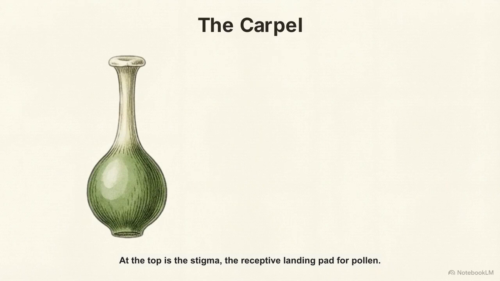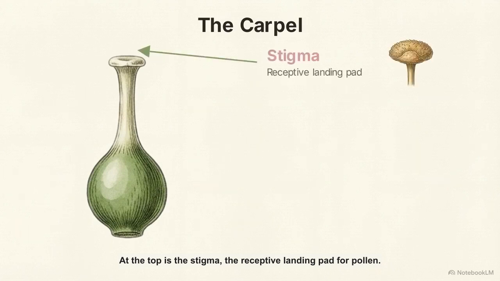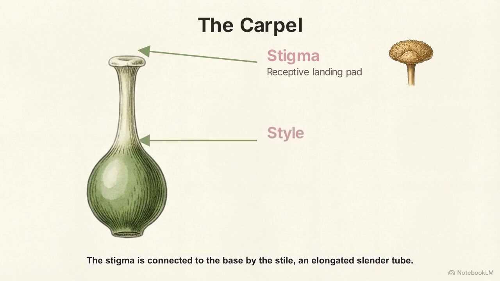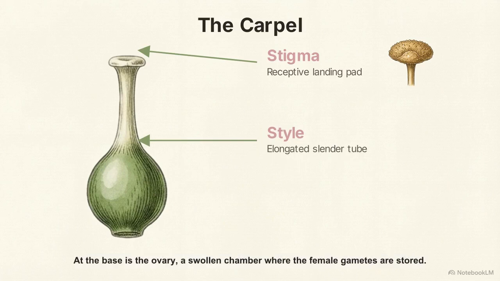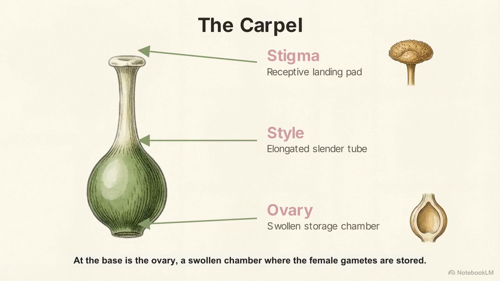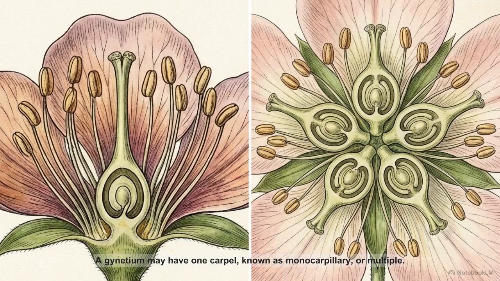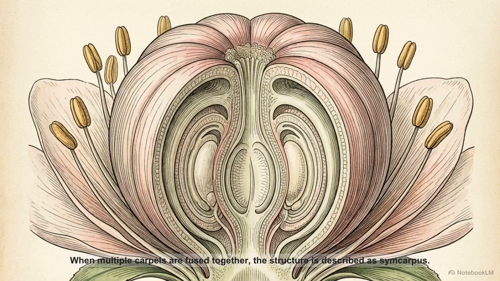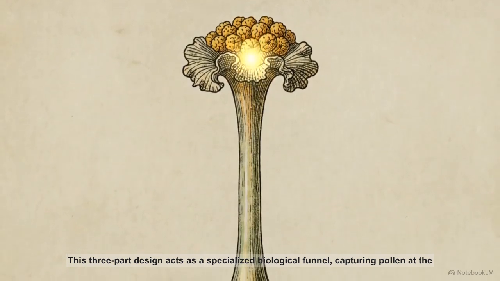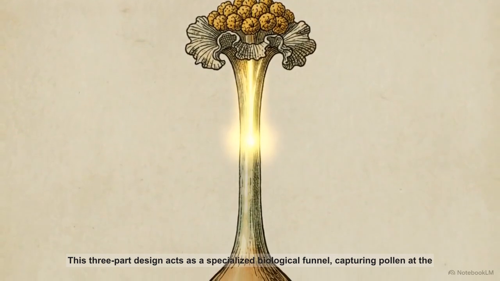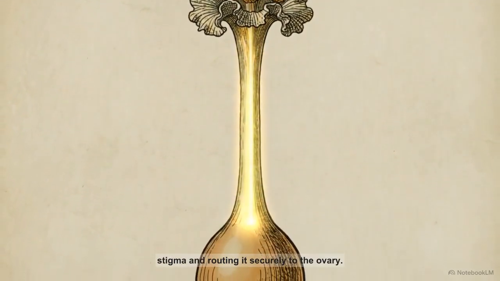At the top is the stigma, the receptive landing pad for pollen. The stigma is connected to the base by the style, an elongated, slender tube. At the base is the ovary, a swollen chamber where the female gametes are stored. A gynoecium may have one carpel, known as monocarpellary, or multiple. When multiple carpels are fused together, the structure is described as syncarpous. This three-part design acts as a specialized biological funnel, capturing pollen at the stigma and routing it securely to the